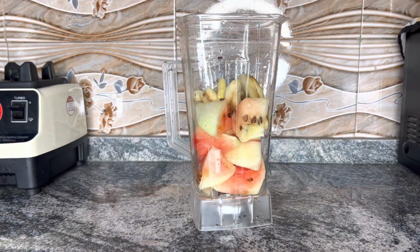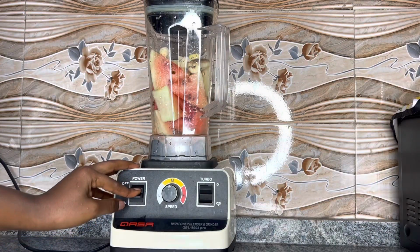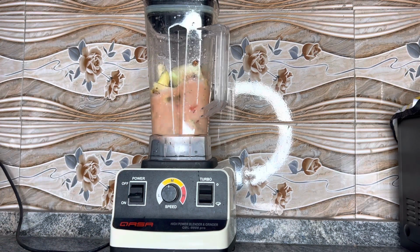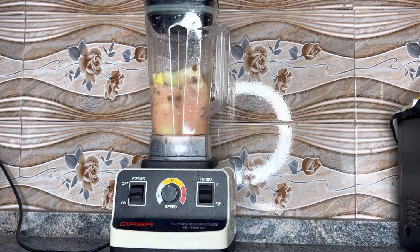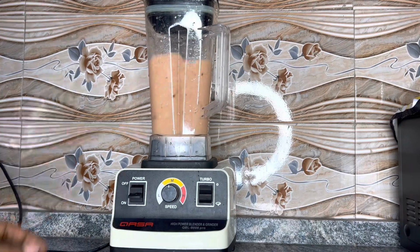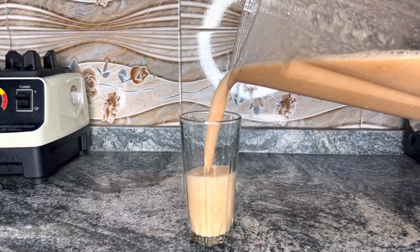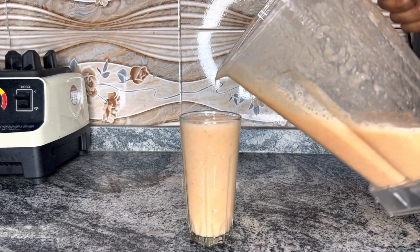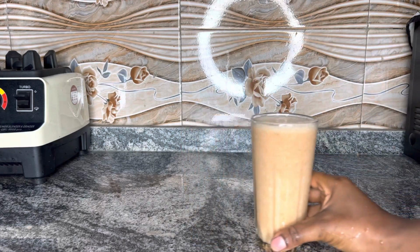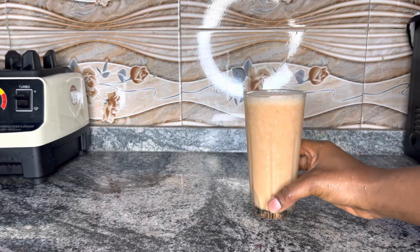And the last one is ginger. I cannot emphasize the benefit of ginger enough. So according to one review, animal studies show that ginger could increase testosterone production by enhancing blood flow, reducing oxidative stress, and increasing fertility. Chill this, you can take a glass daily or an hour before you start the